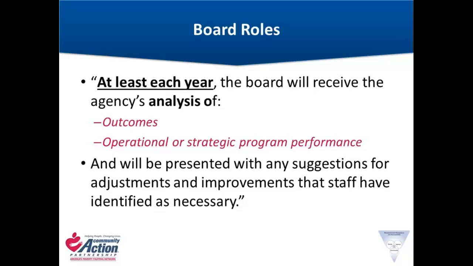We have organizational standard 9.5 that states that a board must get a report on outcomes the agency achieved and the context in which those outcomes were achieved. So we're talking about operational and strategic program performance. So it's not just getting a report, it's what's behind that report. It's the analysis that goes into that. So while the board doesn't conduct the activity, it participates in understanding the analysis and applies that